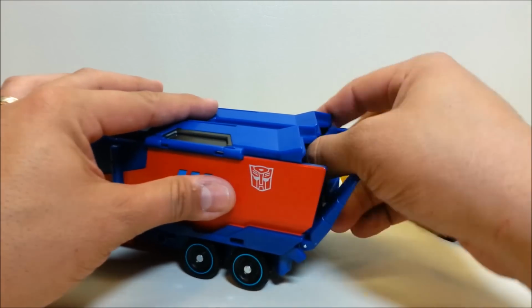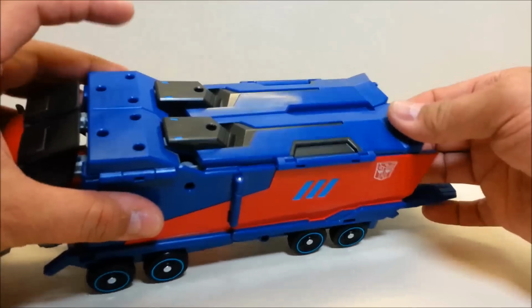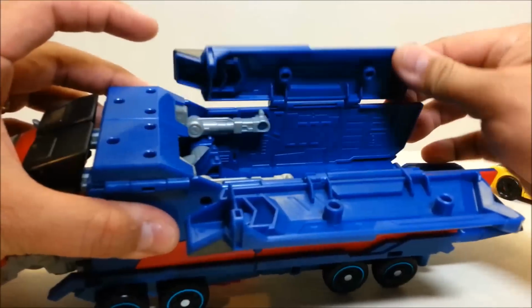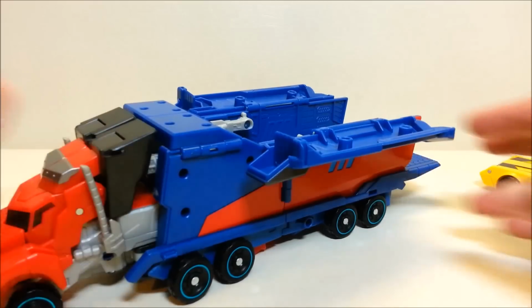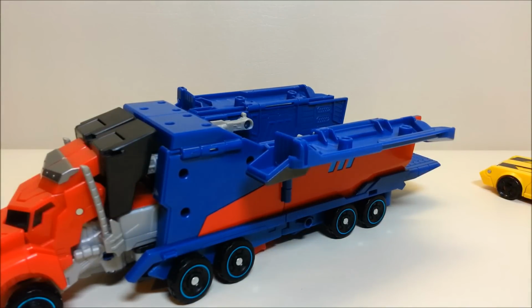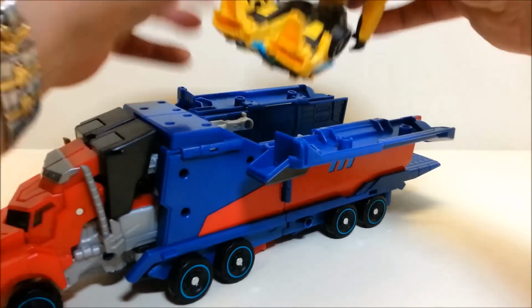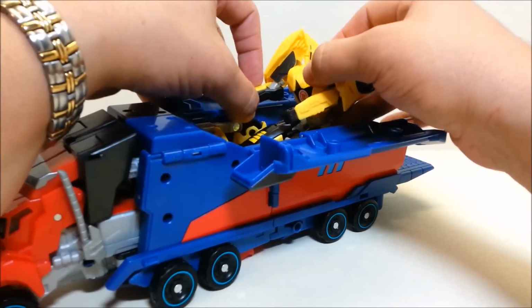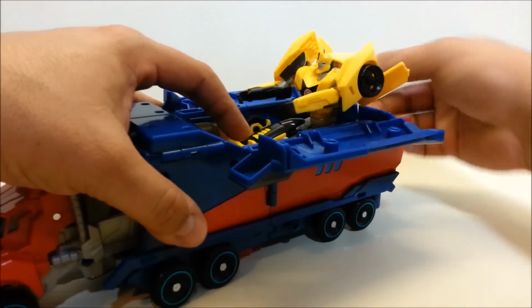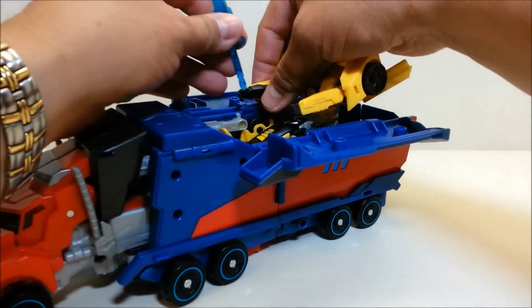So there's that. Now there's an attack mode, and what you can do with that is you can go up here to the top and you can open the tops of the trailer right here, and you can take your Deluxe class or your Warrior class figure, and you can kind of set him up in here. The way the picture showed in the package, they kind of showed Bumblebee just sitting in here. And I guess we can close up the tail light part right there. So you can kind of set him in there, and we'll give him a...